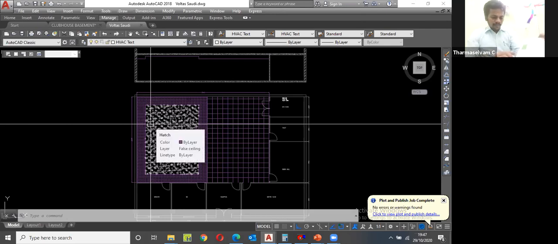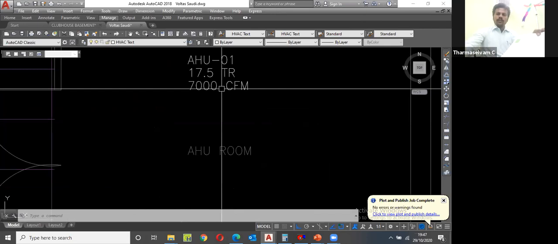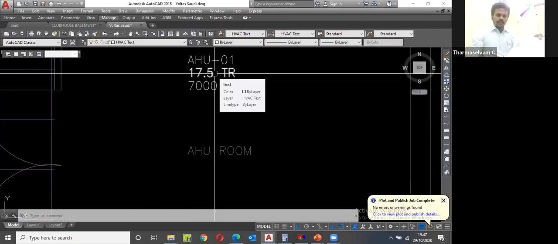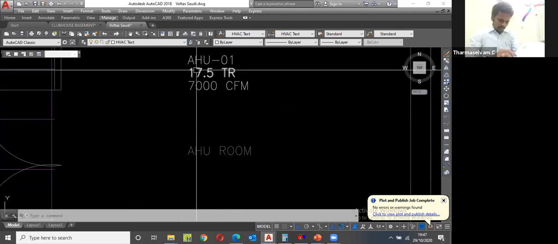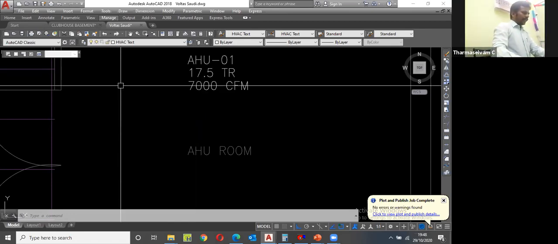Here, where CFM is mentioned. How much CFM for us? 7,000. Okay. This 7,000. Here it is available at 7,500. No problem. I'm going to take the dimension of this. What is the length? 1,925. Width is 1,680. Height is 1,275. Okay. From here, I'm going to mention the dimension first of all.